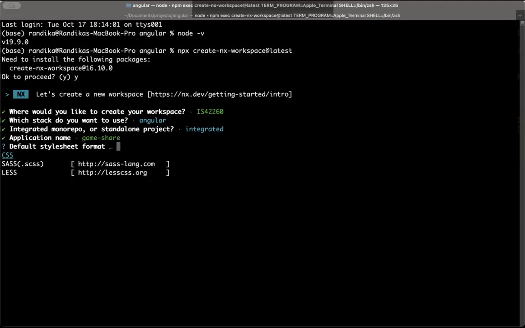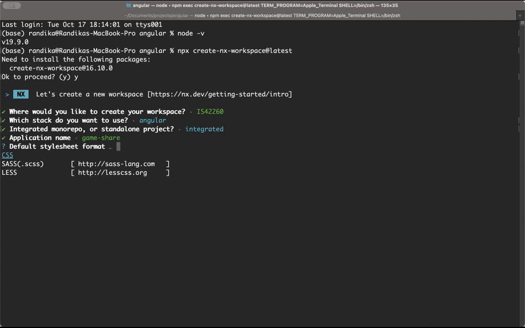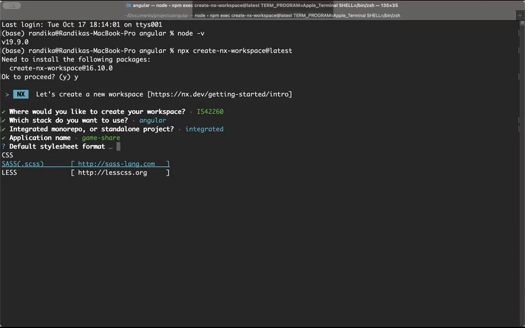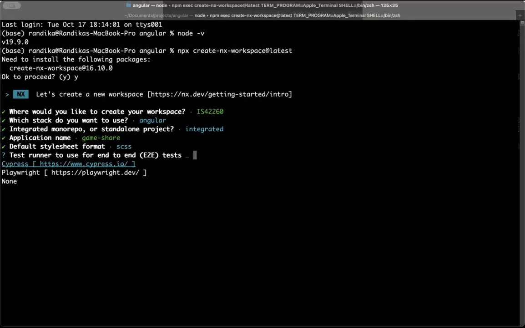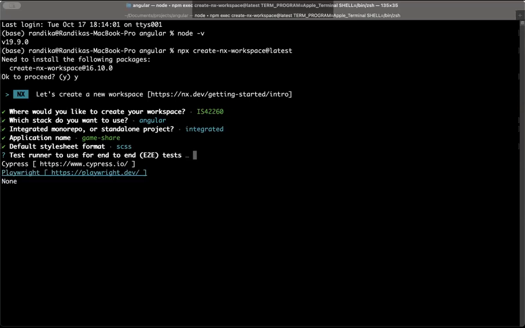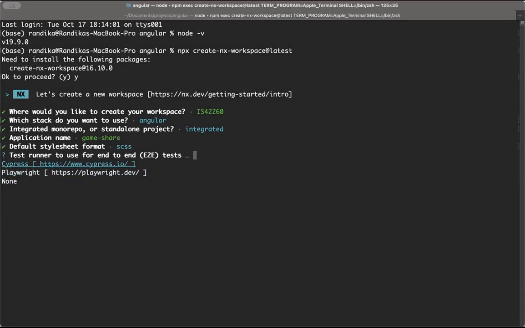Okay. And these are pretty much standard things, like what is the styling that you need to use. I'm not against CSS, but I like SCSS or Sass. So I'll use Sass. And in here, we will be asked what type of end-to-end test programs that we need